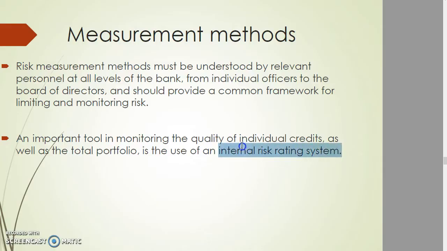This is one of the systems in the banking institution, which is a rating system. Rating here means, for example, a scale from 1 to 5. 1 may be the lower risk of the customer, 5 the higher risk of the customer. For the risk rating system, they will look at the capital of the customer, and then the portfolio of the customer.